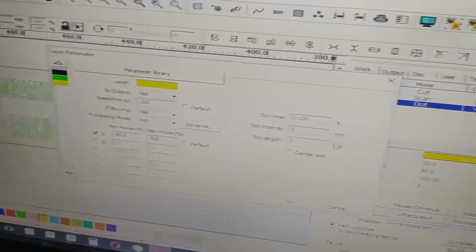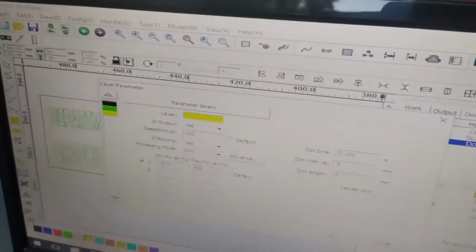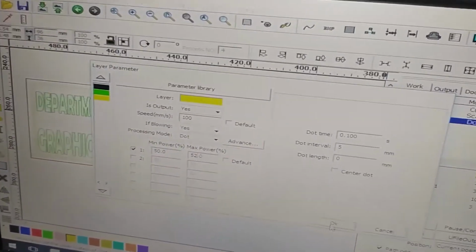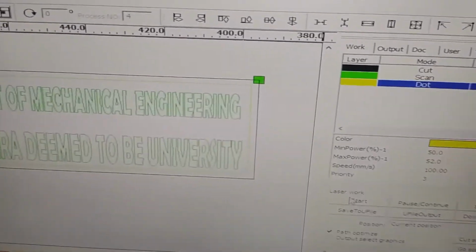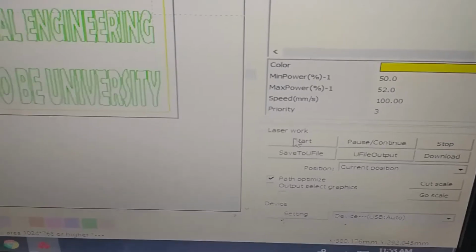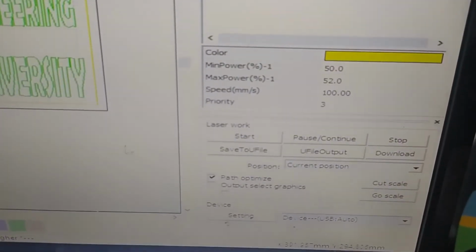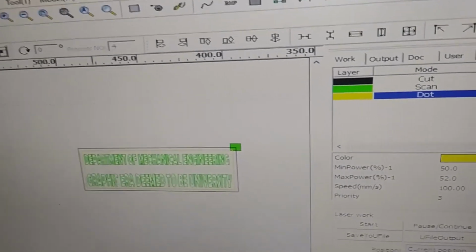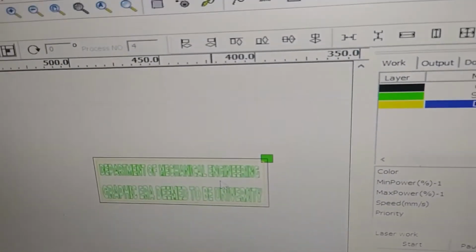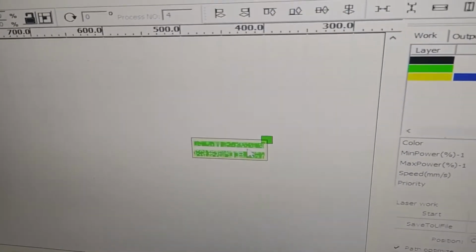At every 5 mm we get a dot. Okay, after this I just click on this start button here and the machine will run. This is for the overall work, and if you want to process an image you can also do it.